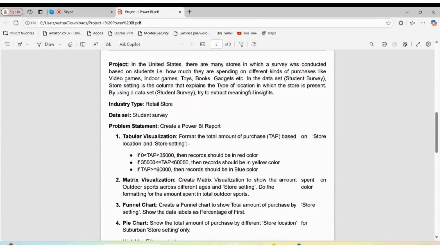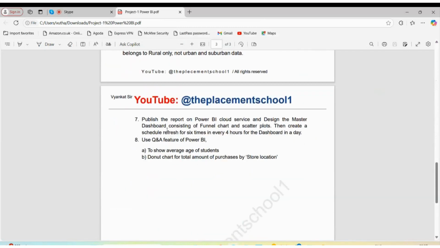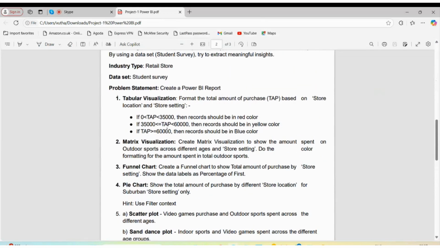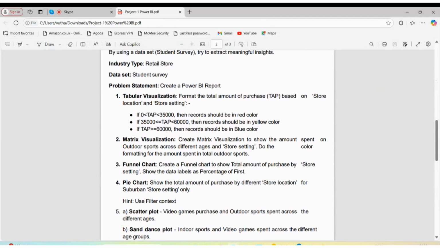This project is in the retail store industry. The data set we are using is a student survey data set, and there are 8 problems. There are 8 questions they have given. We have to find the answers or create the solution for these 8 problems. So the first question is that we have to visualize data in a tabular format, and they have given